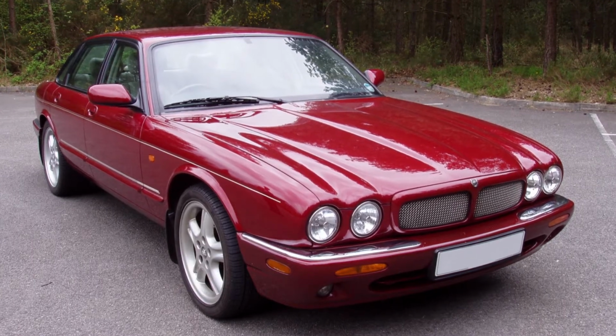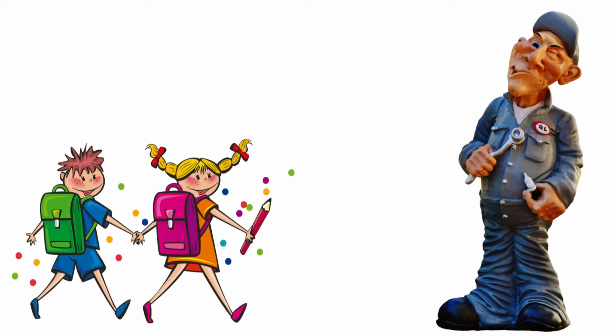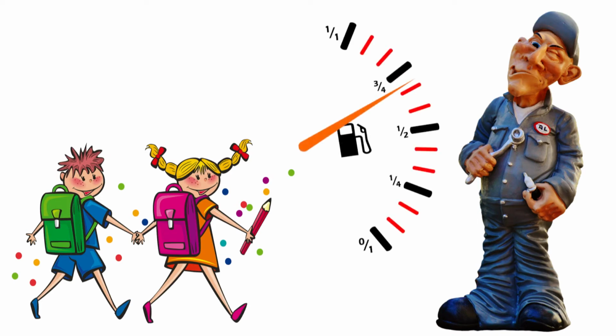Anyway, the car limped to a local garage and the mechanic found a seized brake caliper. It was then replaced and the mechanic charged enough money to put his children through university. He also repaired the fuel gauge. Why? Because it never read more than 3/4 full. How strange. Now, the Jaguar's engine worked perfectly throughout the time it was in the family, but the owner was